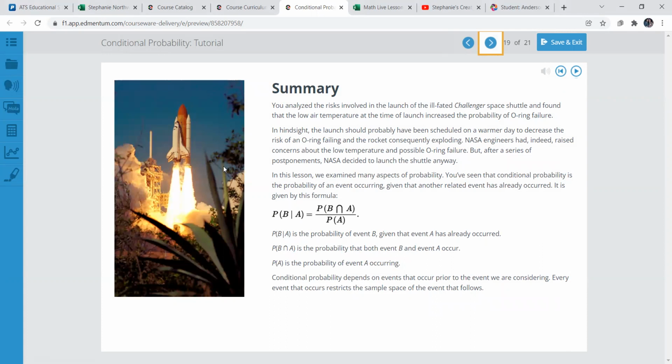It just talks about that. A lot of this is dealing with the Challenger disaster, and I recommend if you haven't ever heard of it or read about it or seen it, I would definitely look it up and do a little bit of reading about it or watch the video. It's pretty interesting and a pretty tragic event. So if you've never seen it before, I would definitely take a look at that.